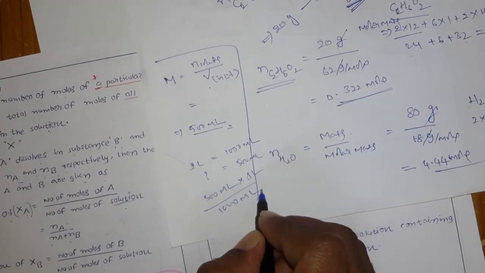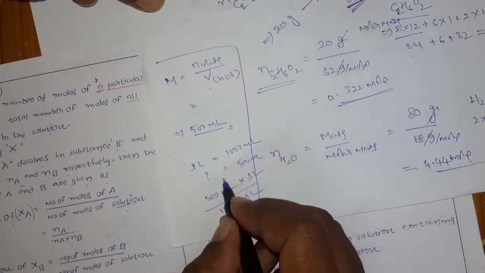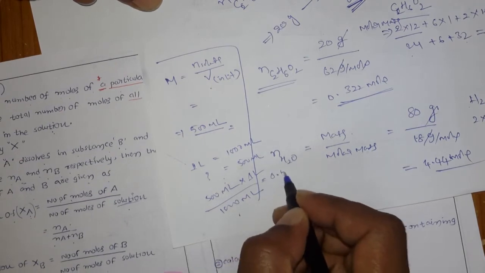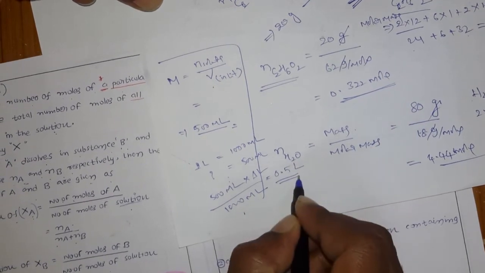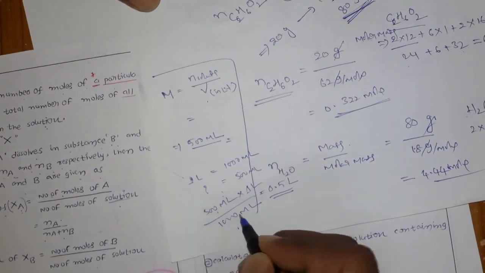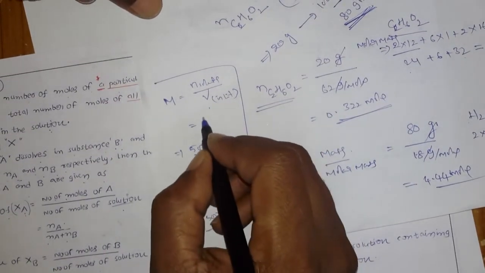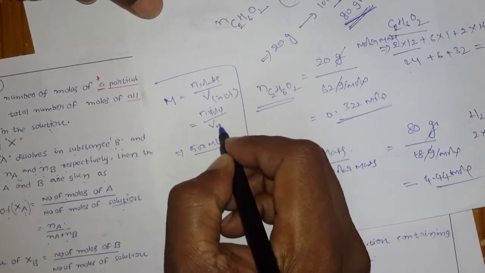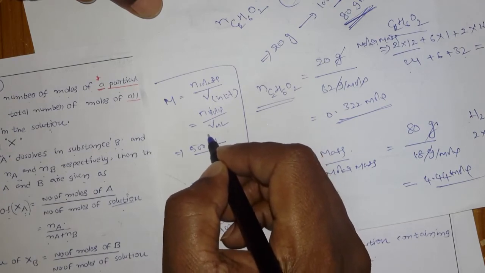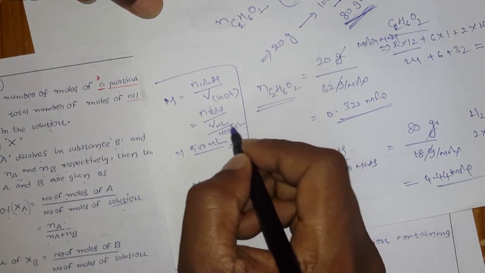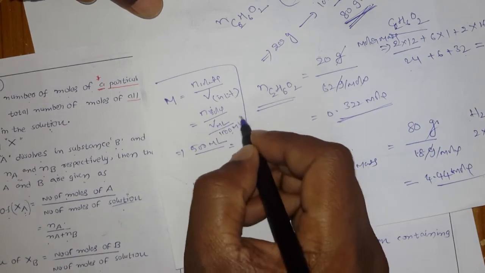Right? So very simple, that is 500 divided by 1000 ml. Then you can get 0.5 liters. Okay, so here what I am doing, directly I will divide. Suppose if I take n solute divided by V in ml, then I divide it by 1000 ml, because only when you divide by this will you get it in liters.